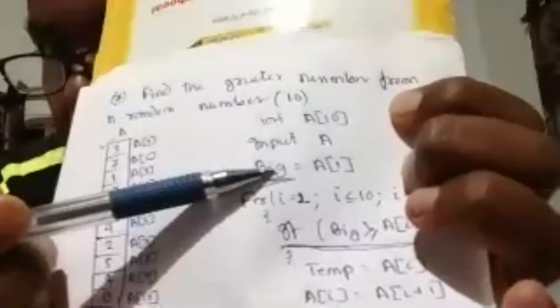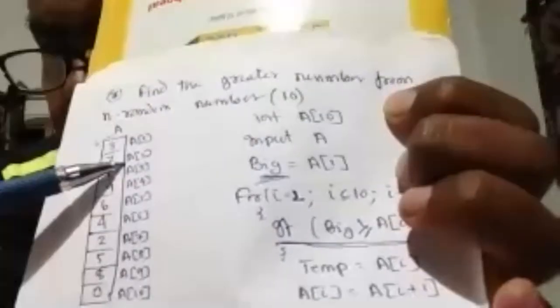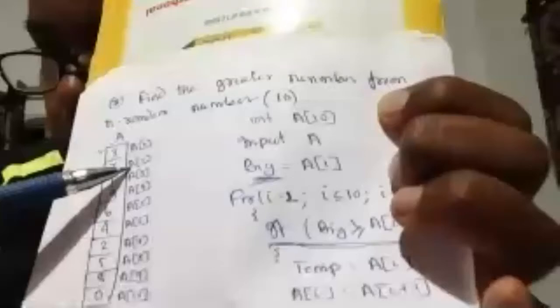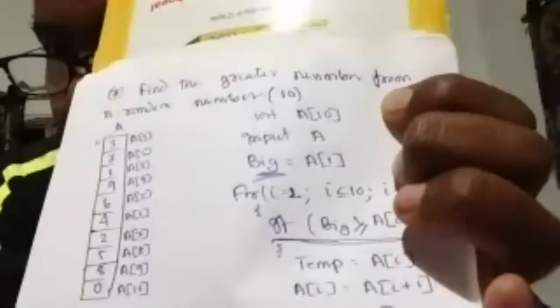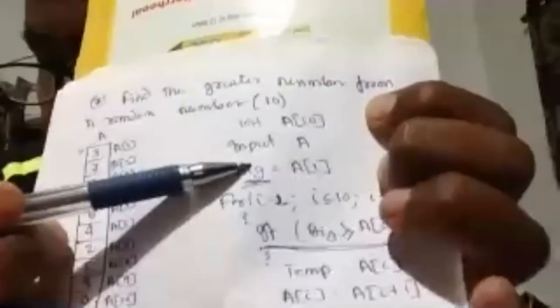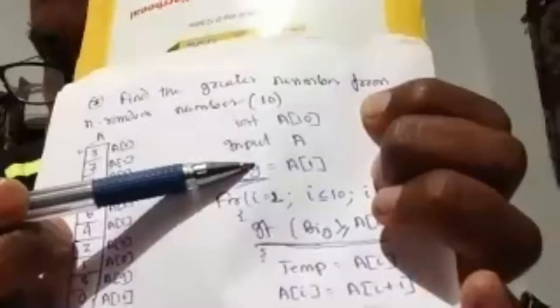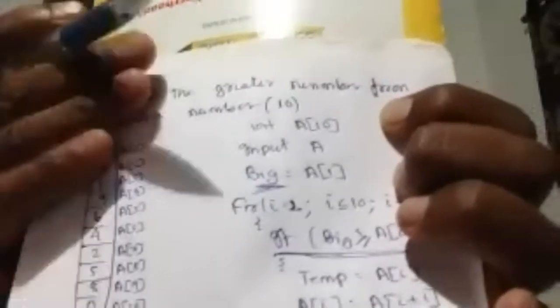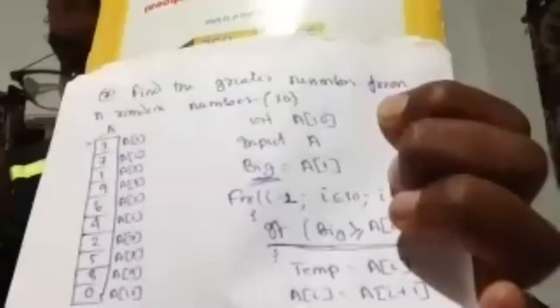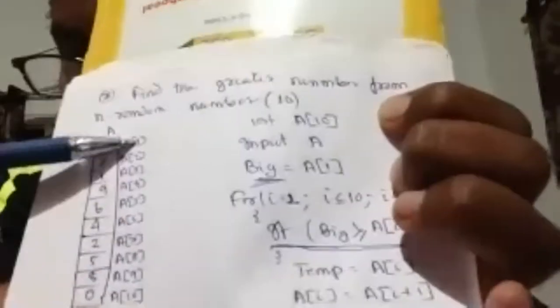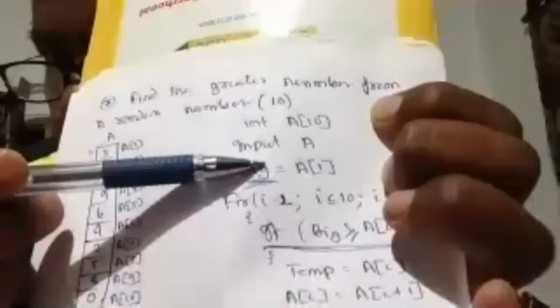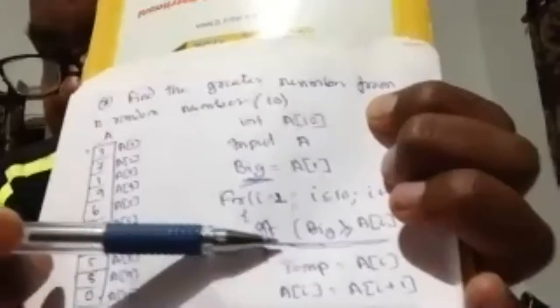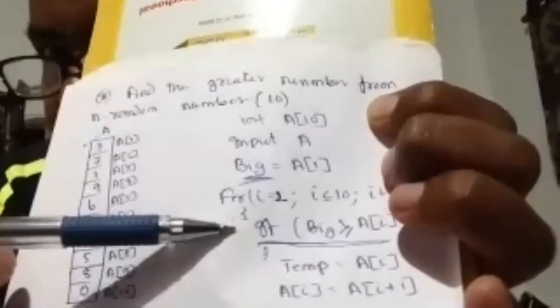What is the address of the second value? A2. So if I put a for loop, I will start from what? I will start from 2, because A1 is out. From the array, A1 is out and A1 is assigned as big. Now I have to compare the next number. The next number is available where? A2. So that's why I'm putting I equal to 2, and I put here if big is greater than or equal to AI. What is the value of AI right now?